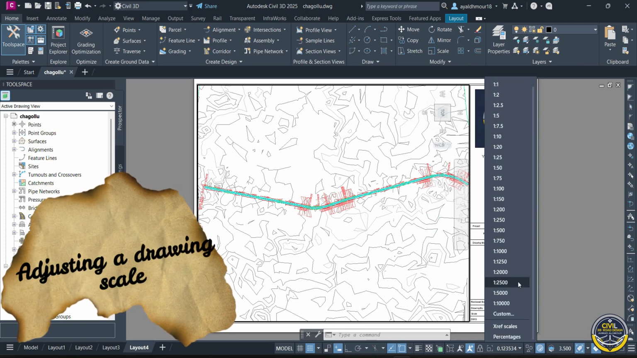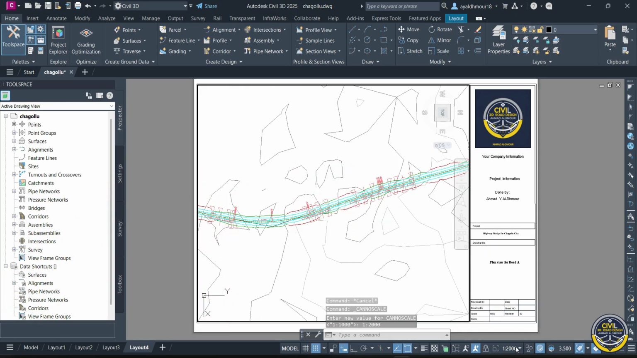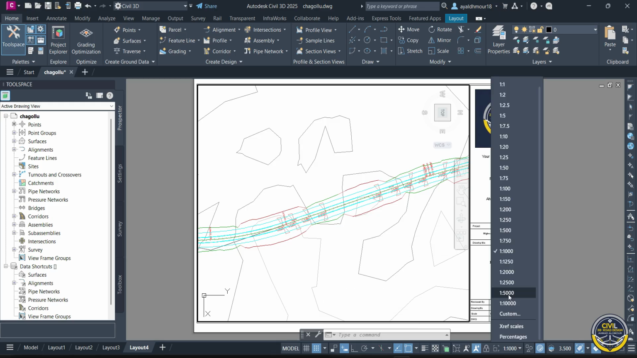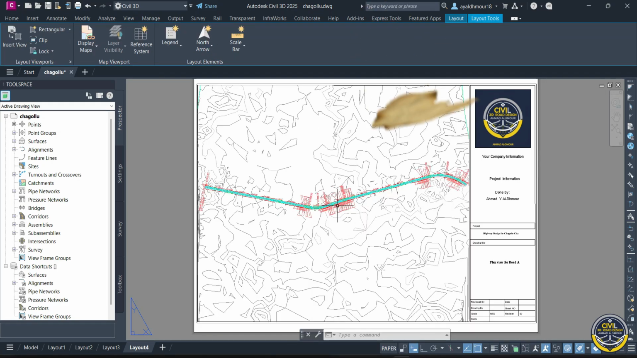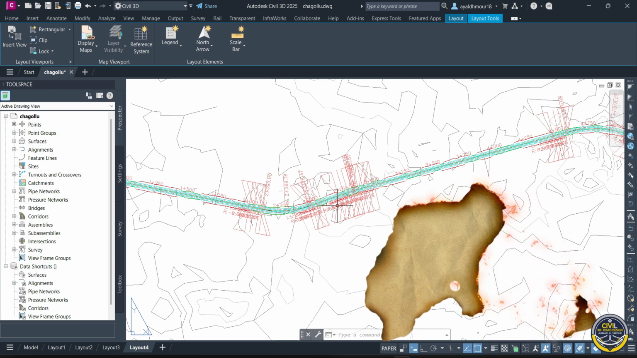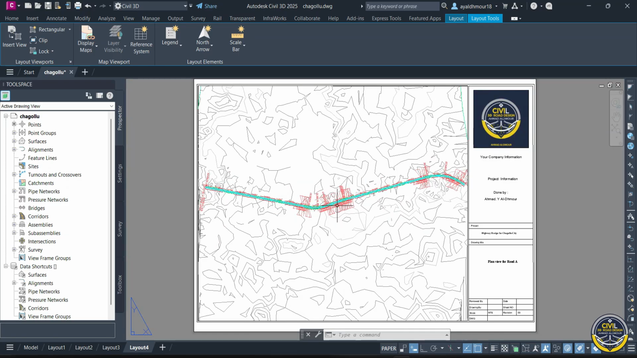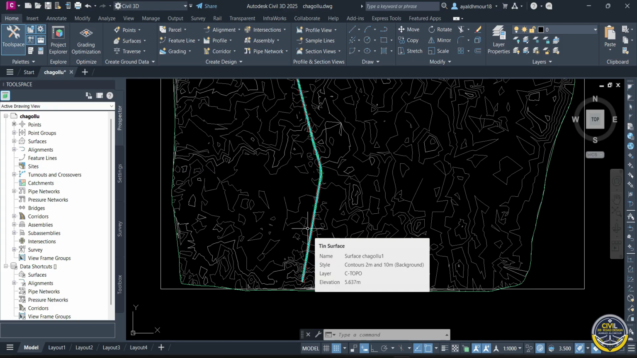If you choose 1 to 2000, it will zoom in on the road, and if you choose 1 to 1000, it will get closer, and if we choose 1 to 5000, it will move further away. You will notice the label isn't displaying properly. This is because its size doesn't match the dimensions of the drawing, the size and the length of the road. Therefore, you need to go back to the model and adjust the road label and remove some of the unnecessary